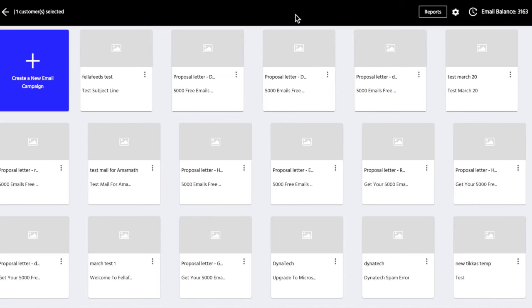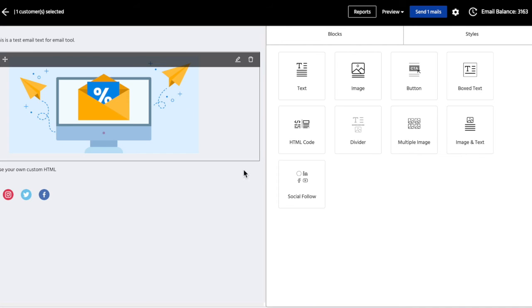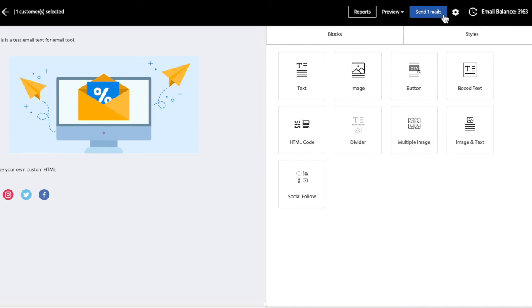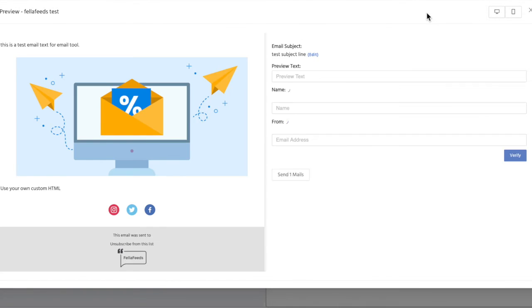Once you click send email, it will ask you for the template you just built. This is the one we just built. I will select this one, and it will ask you for the number of mails to send. Because I just selected a single email, it's asking me for one mail. Just next to it, it also shows you the remaining balance, how many emails you have left. So when I click on send one email, it will show me a preview before sending it.